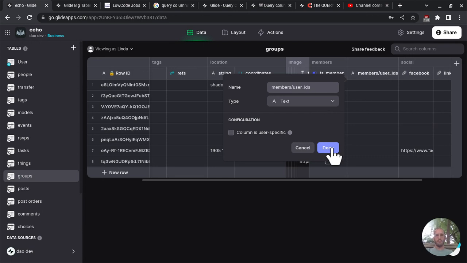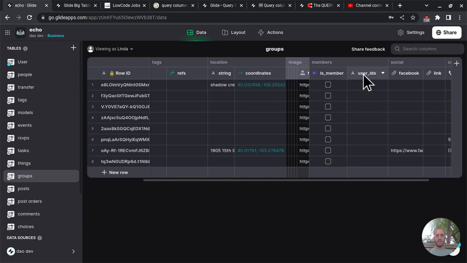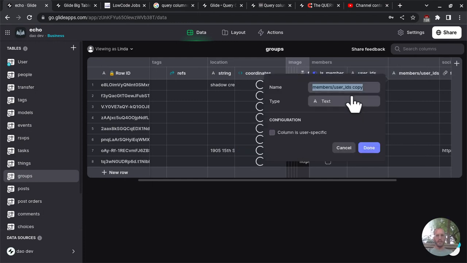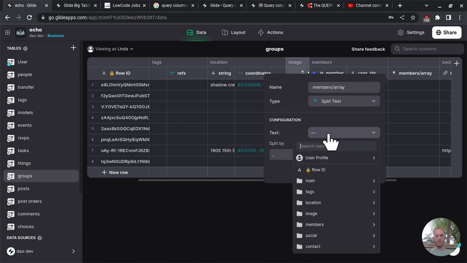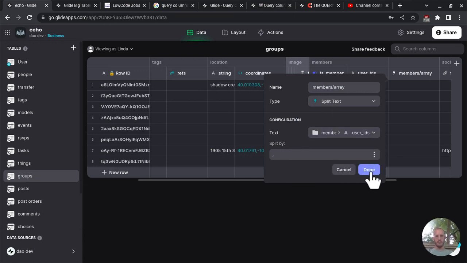No. So I think this is a straight, because we want to manage the user list from the group, user IDs, so then I think we have to do the typical members array, and that's a split. The text is going to be the members user IDs split by